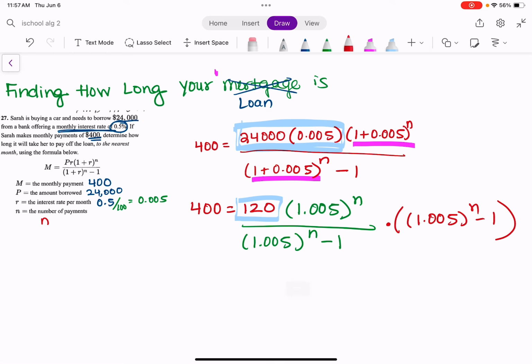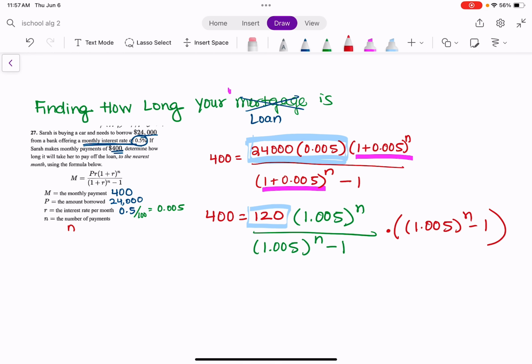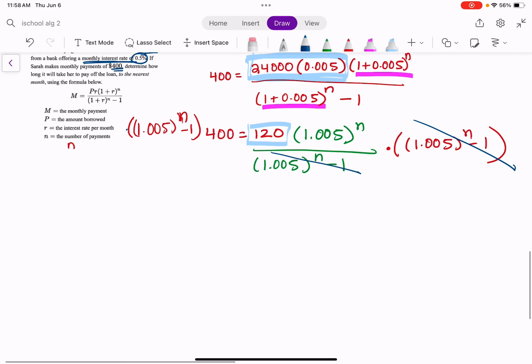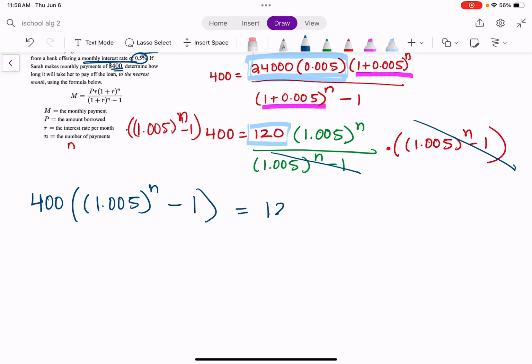So I'm multiplying that side, and then of course, I'm going to erase this for right now. If I do it to one side, I have to do it to the other side. So I'm going to write it as 1.005 to the n minus 1. Okay, what's going to happen here, when something's on the top and bottom, it cancels out. So I'm going to write what I have left. I'm going to put the 400 in the front, like this, equals 120,